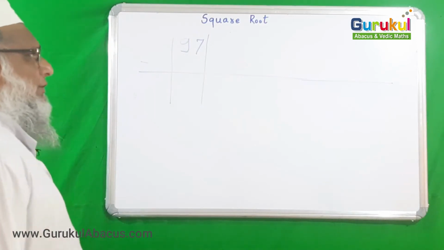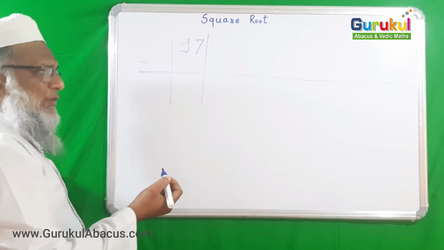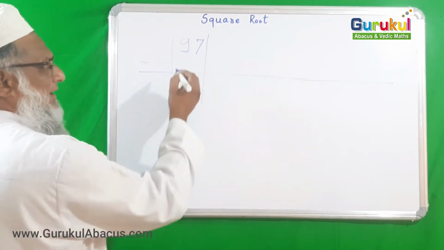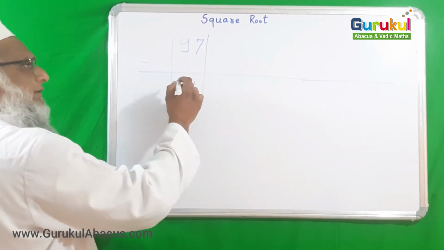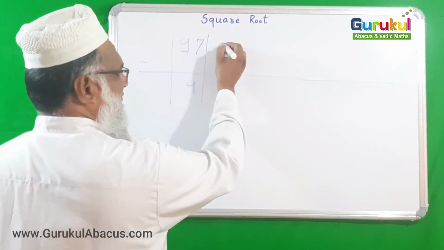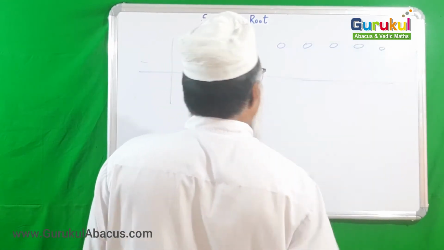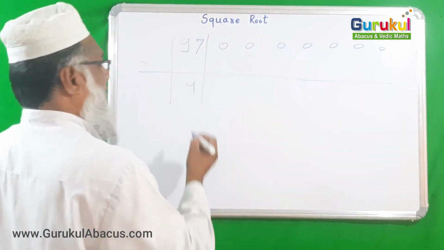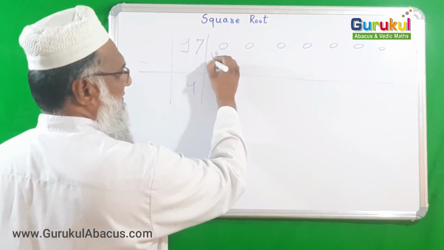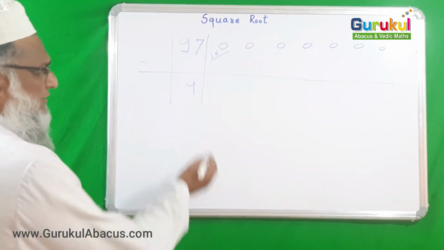Here I know it is near the square of 9. 9 9s are 81. So I am taking 9, and 9 9s are 81. I want to subtract it, and to write further, before that I want to add some zeros here for our example. Subtracting 81 from 97, I am getting 16, that I am adding here, and it is now 1600. And so it is 9.